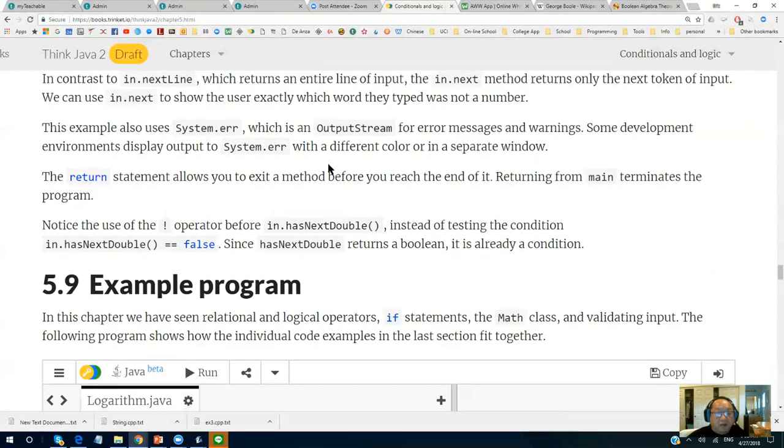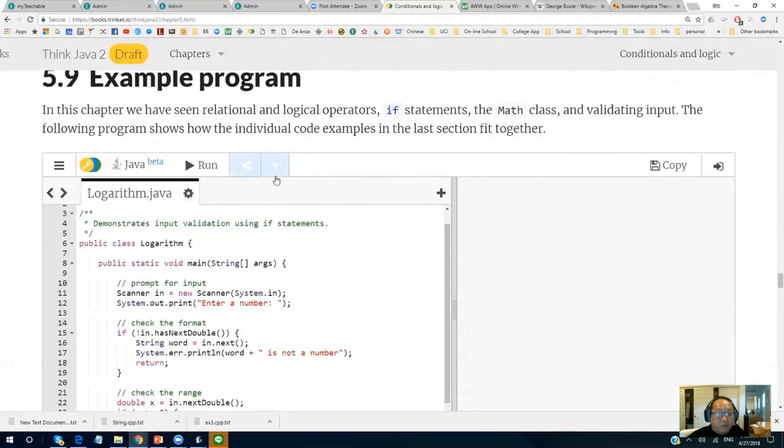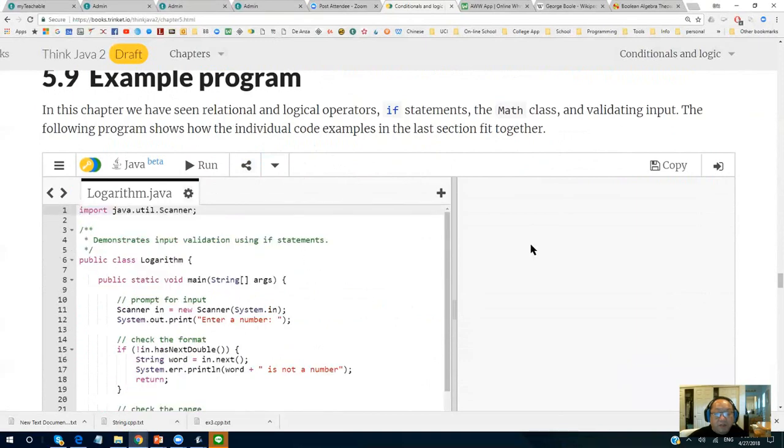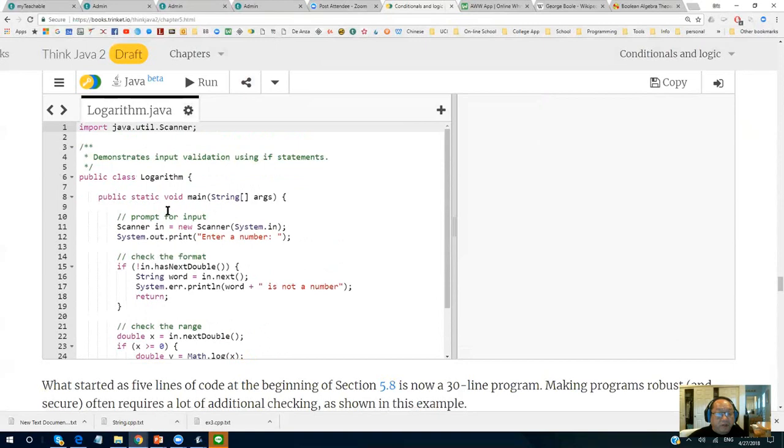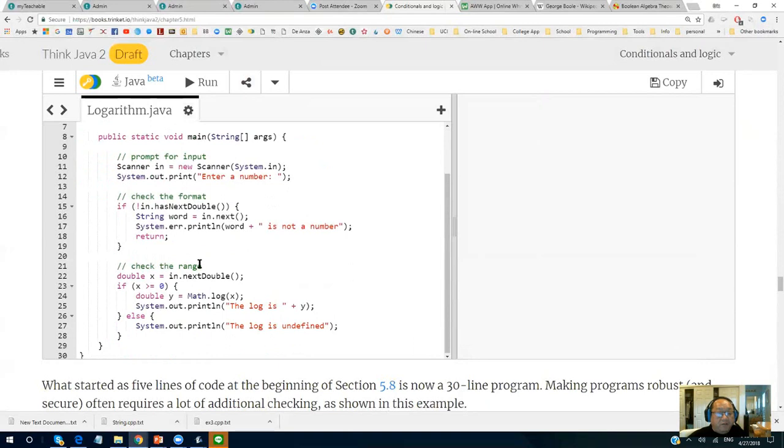So that's a checking of your input string. That checking of the input string will be useful over here. So the main program is over here. We prompt to ask you to enter a number, and then check if the number is double or not. If not, you return, means the program will stop, right? If yes, you allow it to be processed.